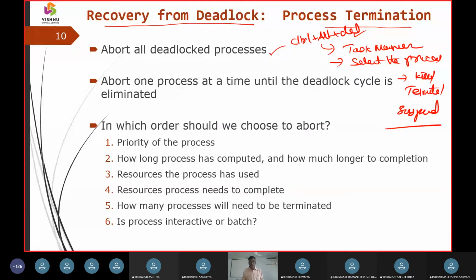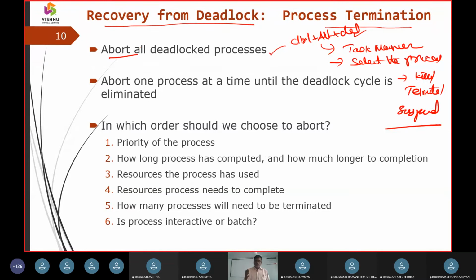So all of a sudden the mobile phone is not working. What is the best solution? You restart or reboot the mobile phone. Similarly, all of a sudden the computer or laptop hangs up. What is the solution? I'll say just restart the computer, restart the mobile phone. So what is the hang-up situation? That hang-up situation is nothing but a deadlock. What is the remedy? Just restart the mobile phone, restart the laptop. The simple solution. That is nothing but what we call aborting.